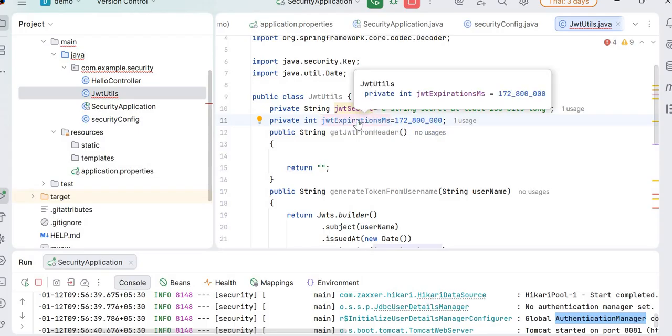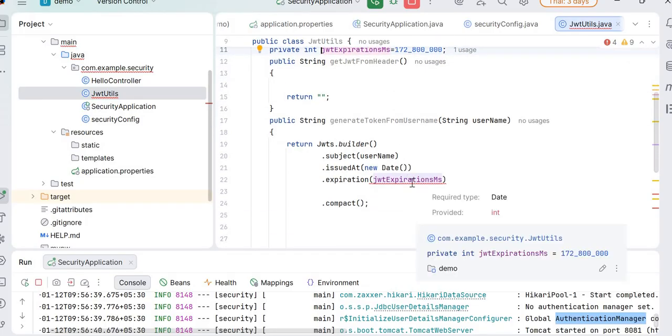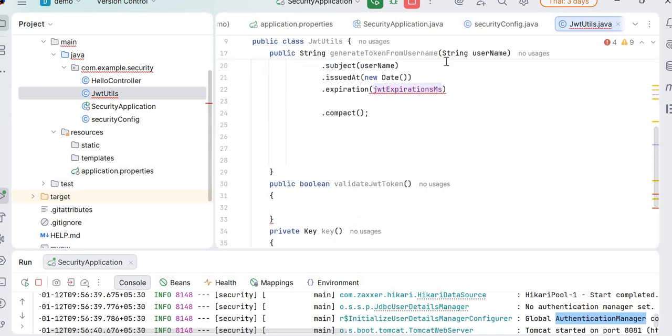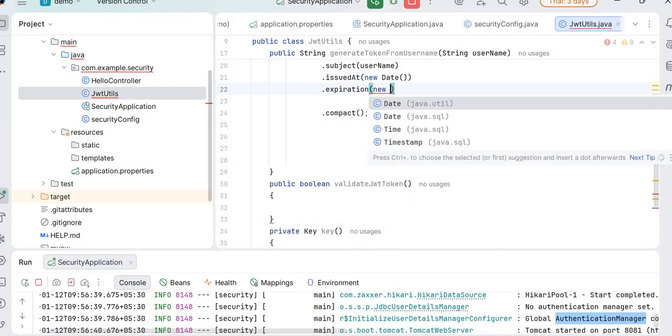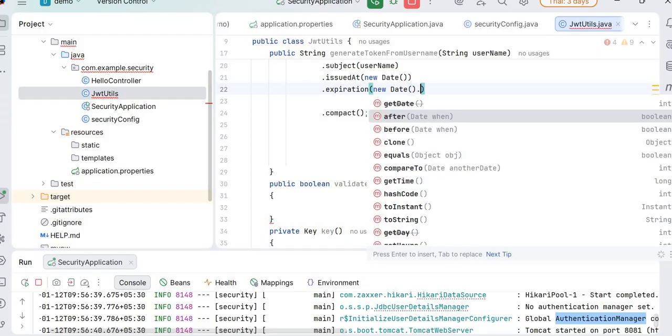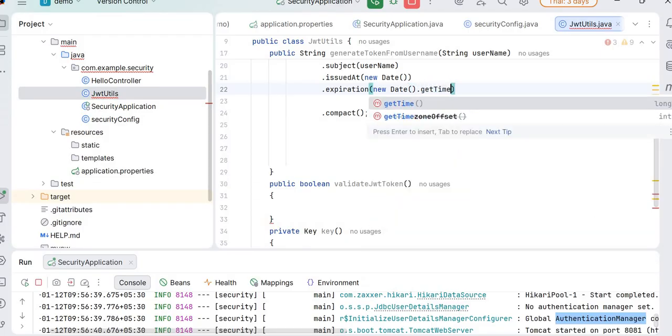If you hover over this, it's expecting some kind of date. Definitely it's expecting a date. So you can give the date here in the format of date: new date dot get time